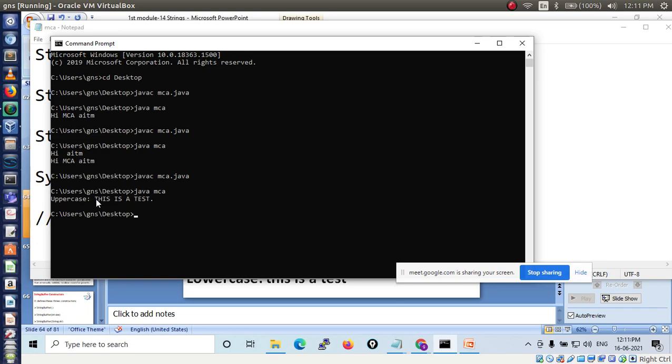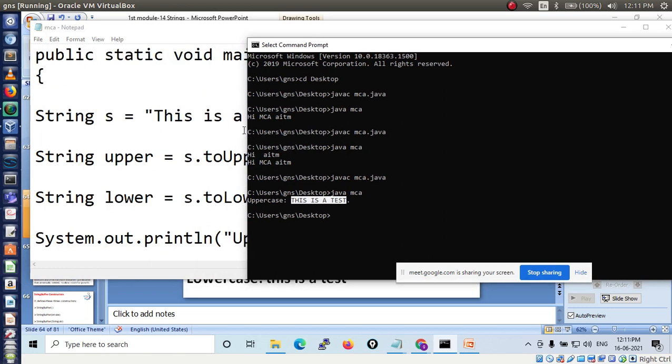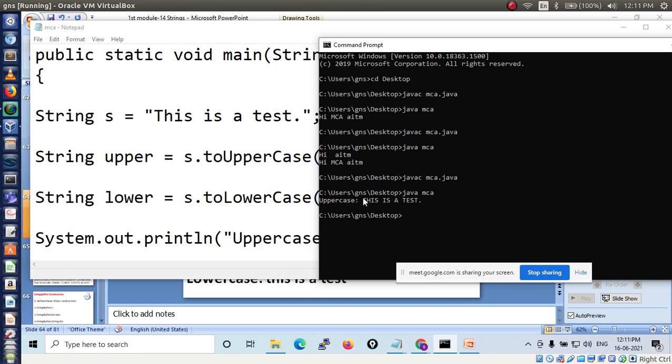See, you have this is a test in capital letters, right? In your code you have small case letters, this is a test. So now after converting to uppercase, you have capital letters. All letters are capital letters.